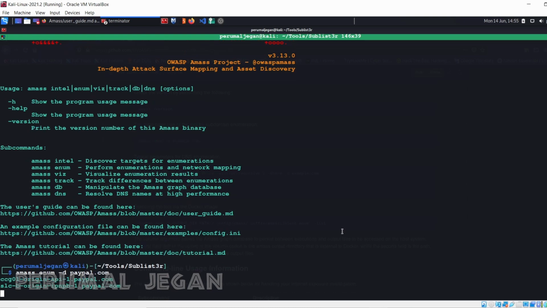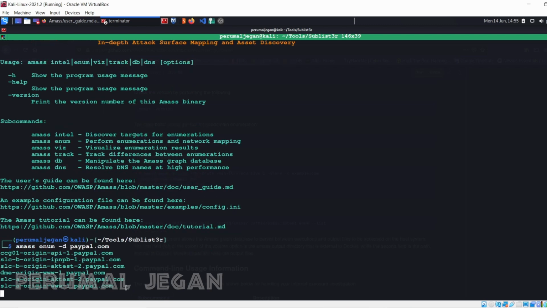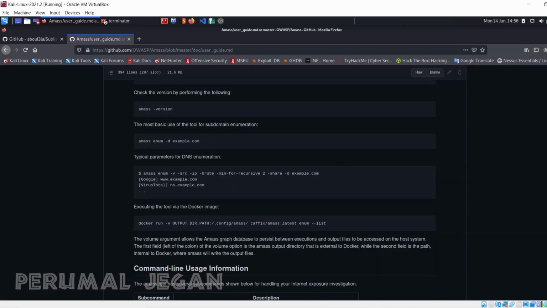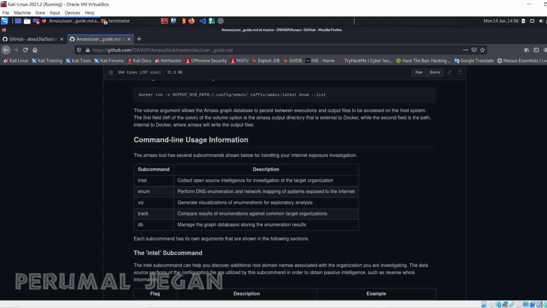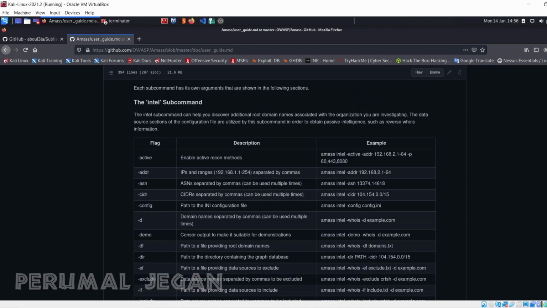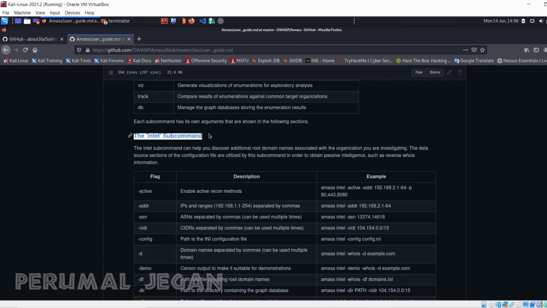Here we go. It started enumerating for subdomains, but compared with Sublist3r, it is taking some time. Anyway, we are going to get the list of subdomains that we need. And meanwhile, let's look at some other options that are available in the Amass tool. When we use the intel subcommand, the intel subcommand can help you to discover additional root domain names associated with the organization you are investigating.